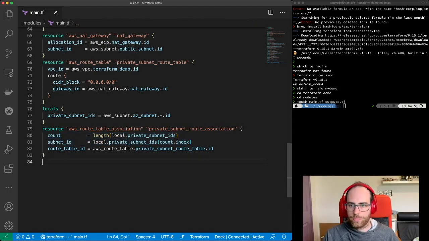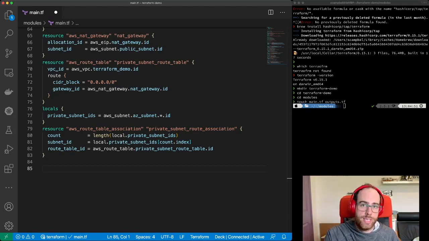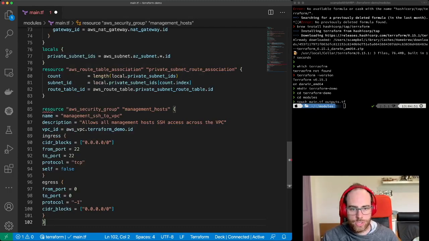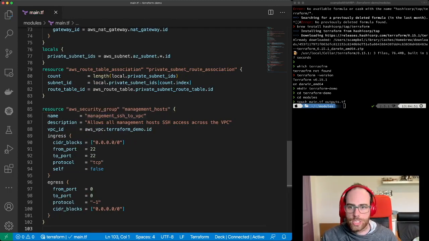We also want to create a new security group for our management hosts. So what we're going to have is a jump host in our public subnet that we can SSH to, and then we can SSH from there into our hosts. So we'll first jump in and define our security groups. So here's our new security group, letting us get SSH access from everywhere and letting us access the internet. And we also need to add